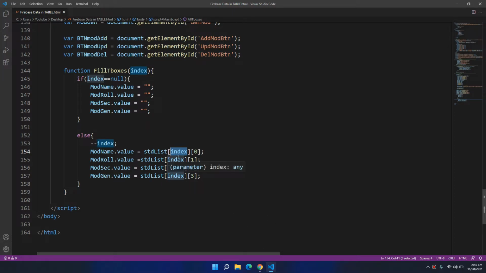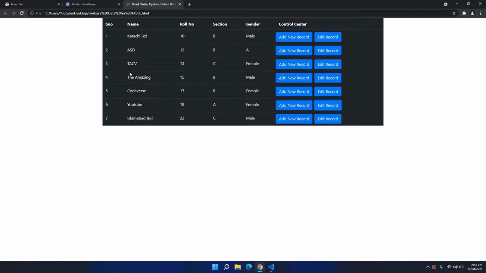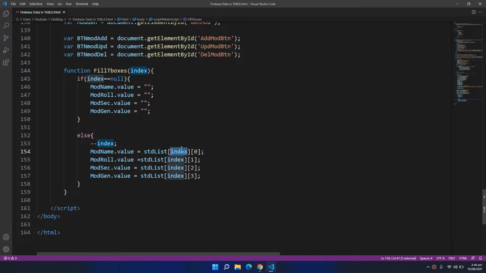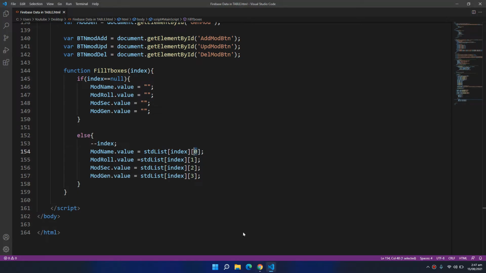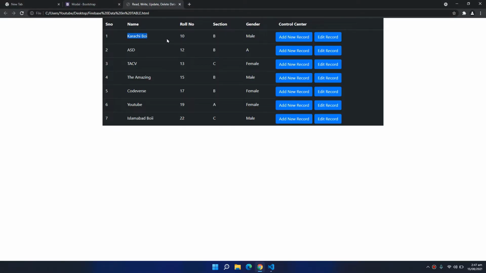It means that if this index is 0, this record is being fetched. All of the information of this record will get fetched, and this 0 means that within this record I am talking about this specific information. This one means that in this record I am talking about this specific information, the roll number.